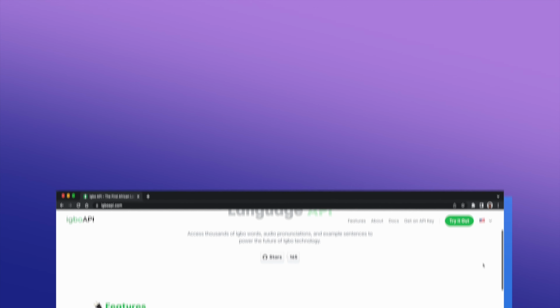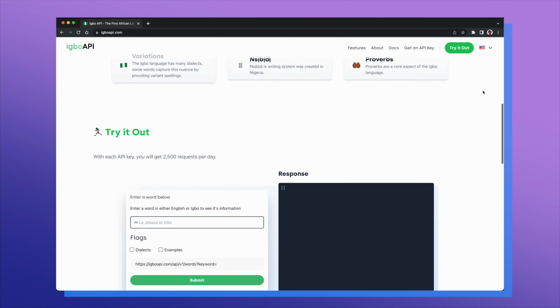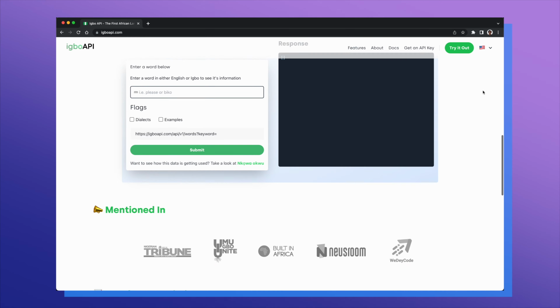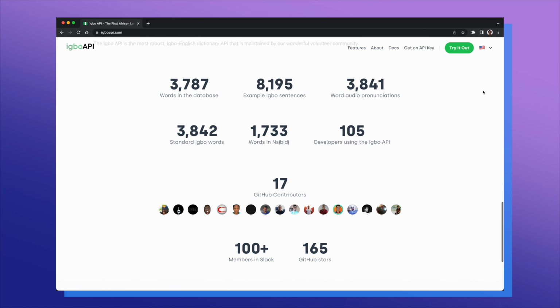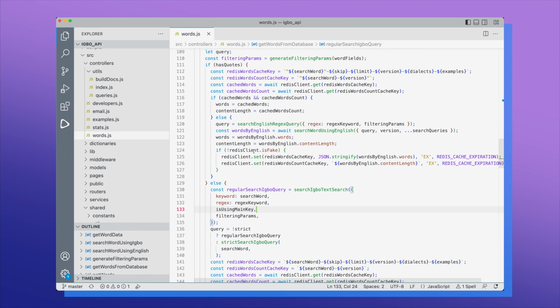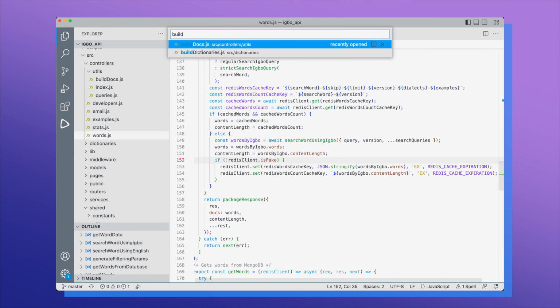It's been over 2 years since I started working on the Igbo API, and it's grown significantly. It holds thousands of edited, audio-supported multi-dialectical word entries and example sentence entries. To search all this content accurately took a really long time to get right, but to be honest, it's still